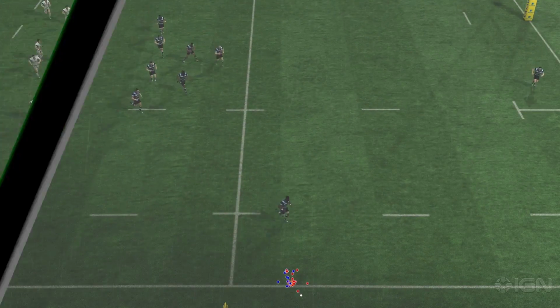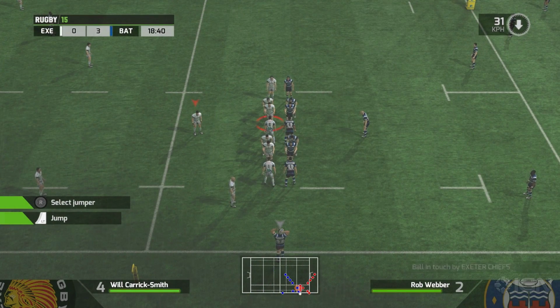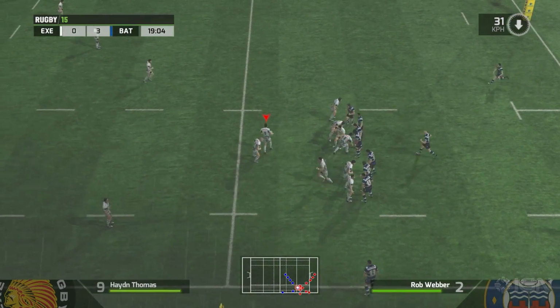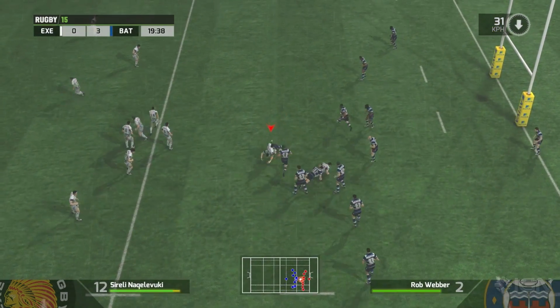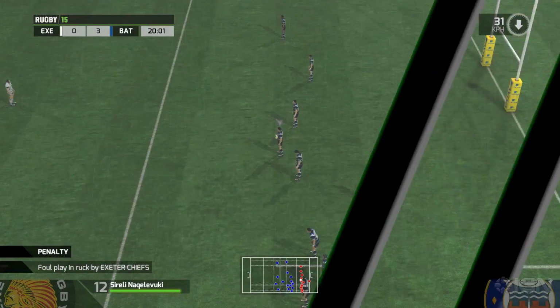All right, chasing the ball. It's gone out, so we're going to have a line out. They're going to feed it. All I can do here is jump and try to time it right. And I have. Nailed it. Yep. So I'm going to feed along the line. Notice the terrible passing, and I tried to pass there, but the game determined that...